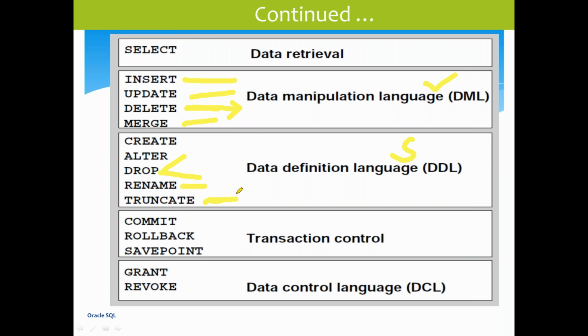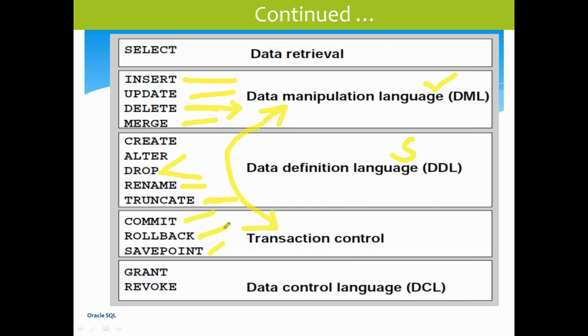Now just search which are the statements, and under those statements, which are the commands. Next is transaction control language: commit, rollback, and save point. This transaction control language is applicable for DML only, not for DDL. Any DML operation we are doing, then we can go for this transaction control language. If you are going to save, then commit. If you are going to revert back to the first point without any changes, what it was there, then rollback. And so many changes happened. Fourth changes before that, what it was we want to go. Fifth changes before that, what it was there we want to go. In that case, save point.